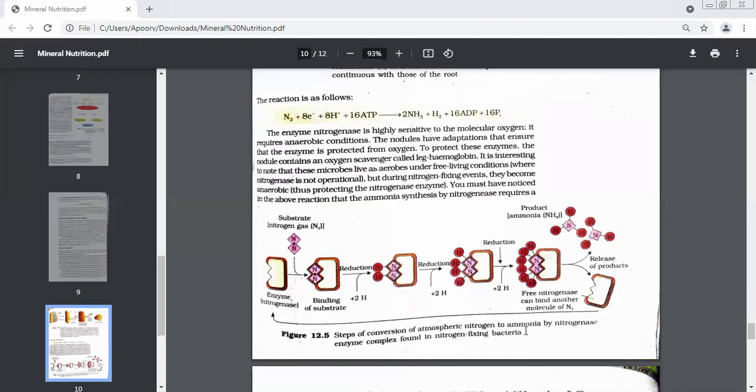Yes, ma'am. Every child does it. I've seen it: okay, I'll do this, but then you'll have to do this in exchange, or you will have to give me this. So this enzyme nitrogenase is just like you people. It will certainly work, but it has its own conditions of working. And what is that typical condition? It only works in anaerobic conditions. Very good. And your mother is like hemoglobin, ensuring that that condition is provided so that you work.